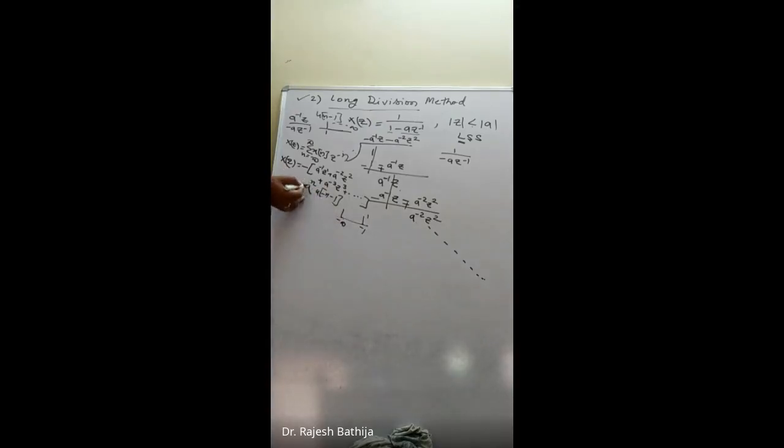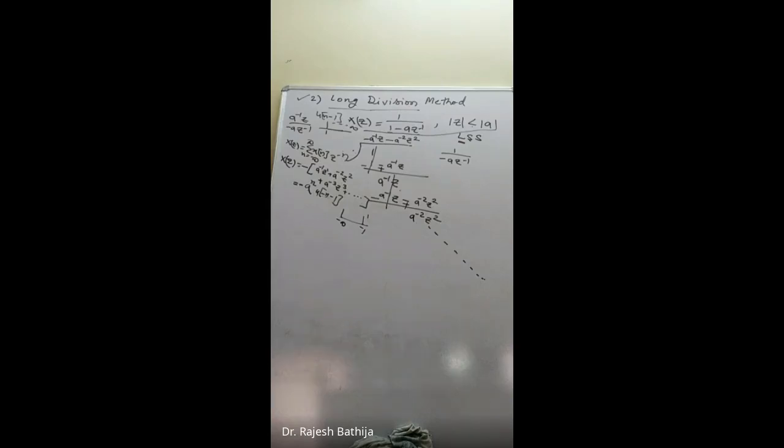-2, -3, and so on. So here I have to write a to the power n. So this is the value minus a to the power n u of minus n minus 1 for this particular problem. The problem is this: X of z is 1 over 1 minus a z inverse,